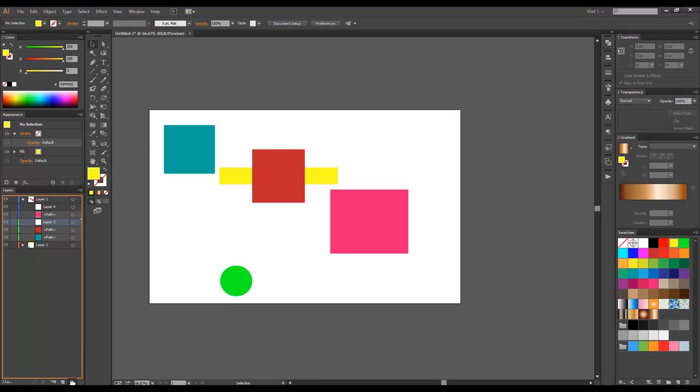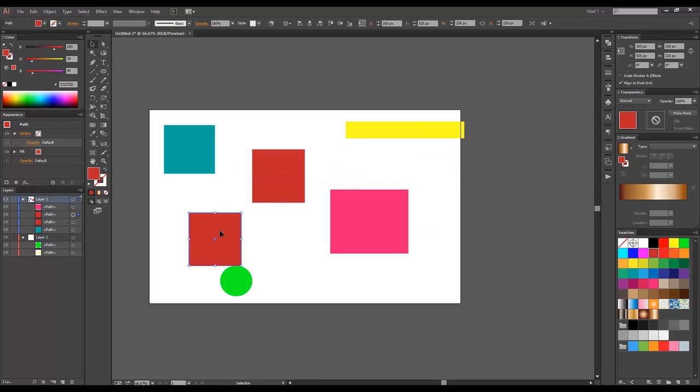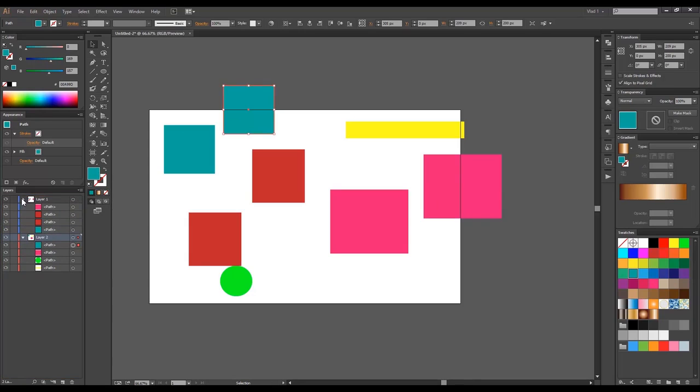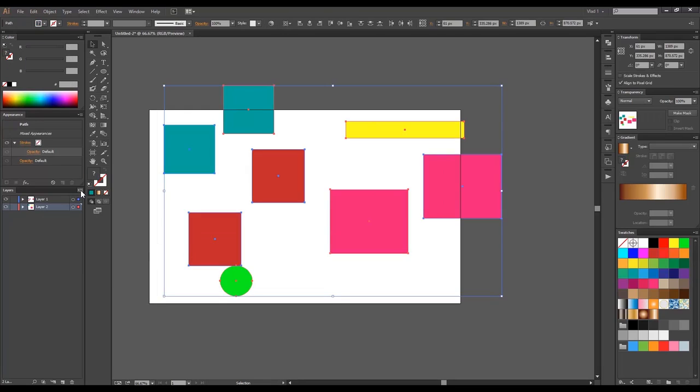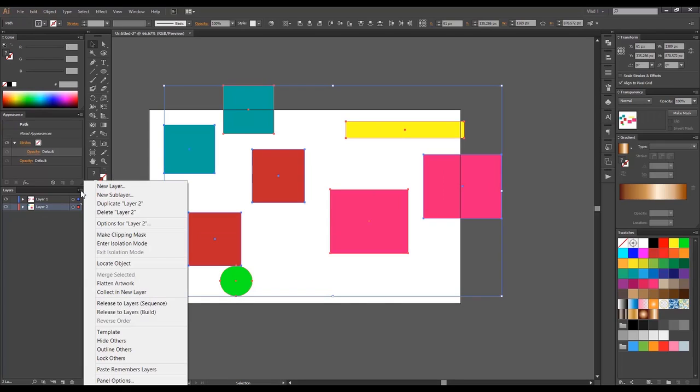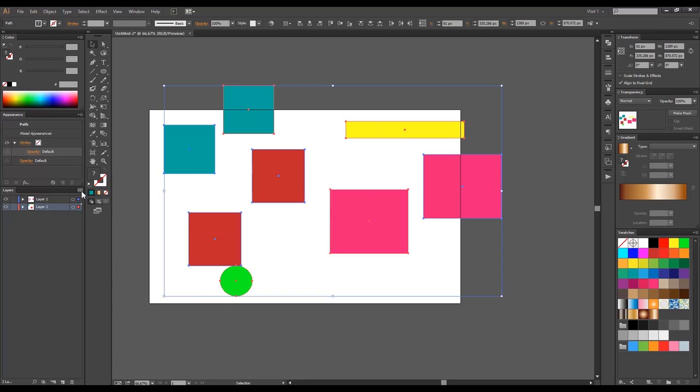Now you can delete the layer by simply dragging it. And that's it. Now let's say we got those shapes, and we can make a couple of copies. And we got those shapes. Let's move one here and one here. And let's say we want all those to be in separate layers. Maybe we want to make something in After Effects, or we want to keep everything separated like we have in Photoshop. We go here to this small button,